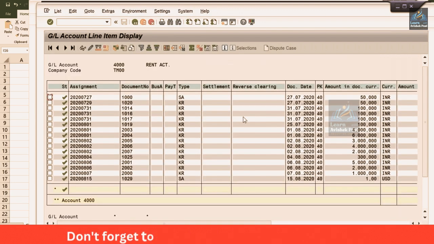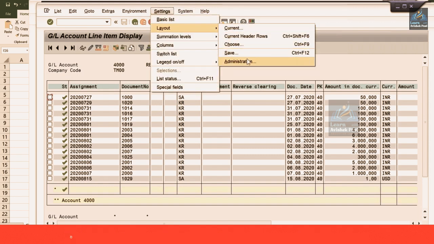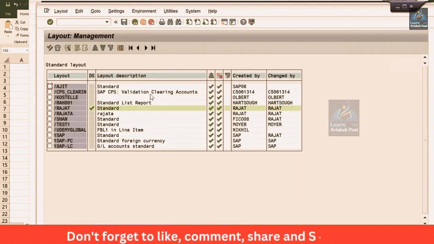execute. Okay, now look here, guys, 1 USD. All the transactions got posted into Indian currency, but this is showing here in local currencies. I'll just do one thing, guys. Look at this report, lots of changes are there. In the previous session, I have already told you that you can easily set your report layout. So I'll go to settings, layout and administration, where I have created my own,